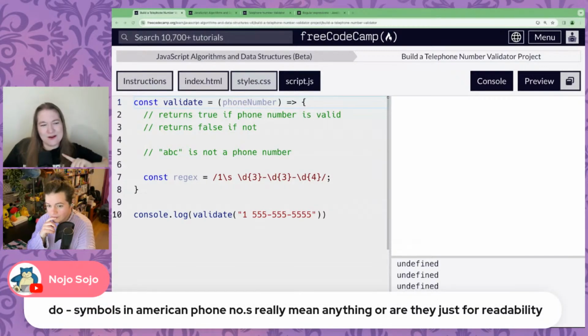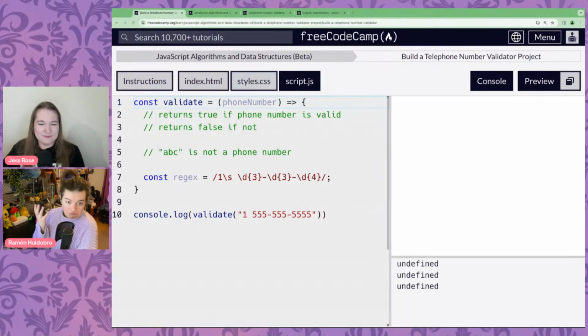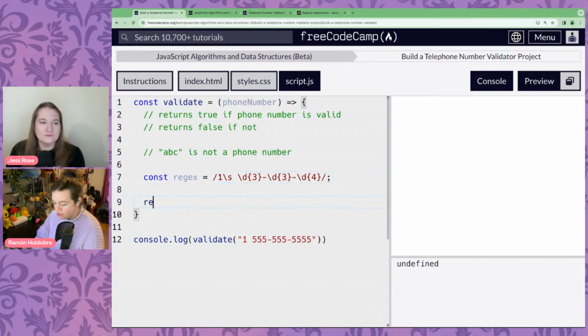Noja's asking a very important question. Do the hyphen symbols in American phone numbers mean anything? No. They're just there for readability, I have no idea. They're there in first 3 digits, hyphen, last 4 digits, hyphen. I don't know why, and I refuse to learn. I'm just focused on this one phone number. Does it work? So I would return